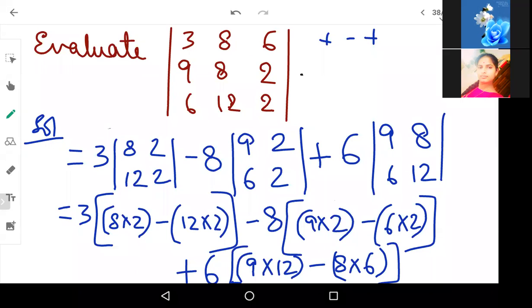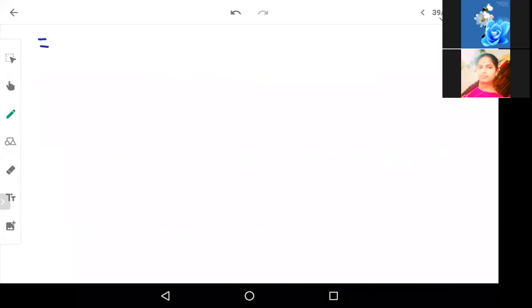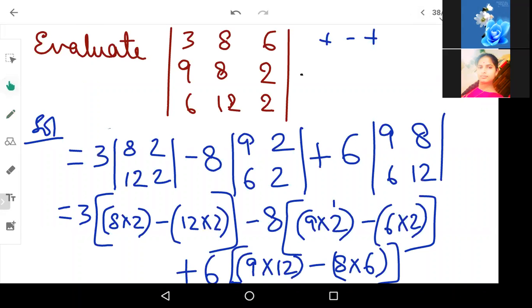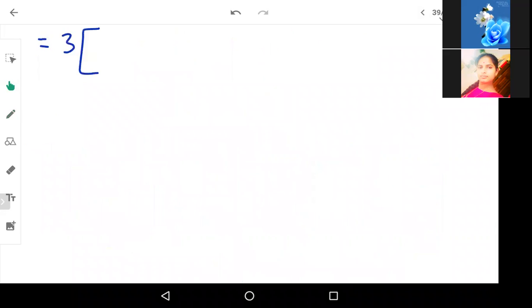Good. Now, further simplify this value. So, is equal to 3 into, what do you have? 8 twos are 16, 12 twos are 24. Yeah, 288. Yeah, correct, Bindu. That is the answer. Okay. So, you get 8 twos are 16 minus 12 twos are 24. Then minus 8 into